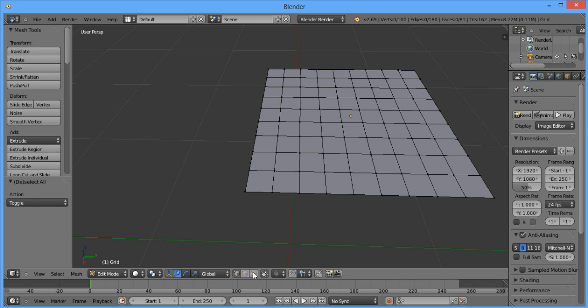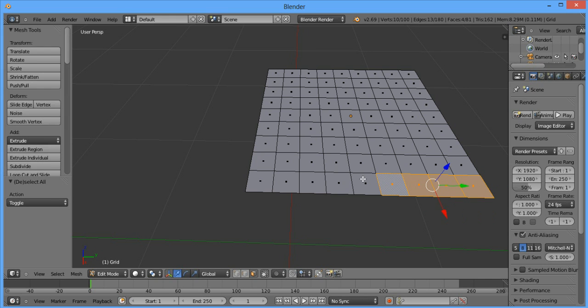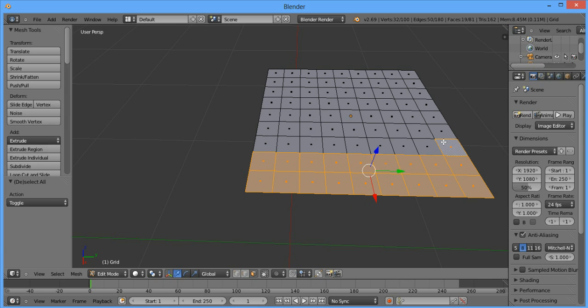Next, down here at the bottom, you'll notice there's this little face tool. You click it, and you see all these little dots. You're going to want to hold down Shift and right click each one of these one at a time. I know there's a way to just select them all by pressing B, but I'm not trying to confuse you all. So just click them all. It takes only a second to do that. All but 8. And you want your 8 to be in a row,